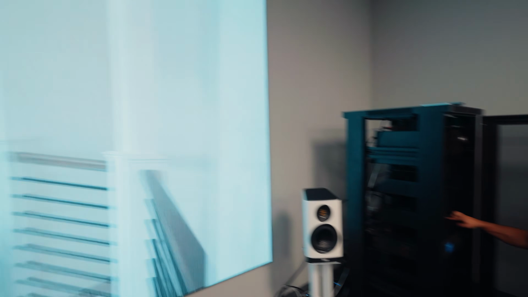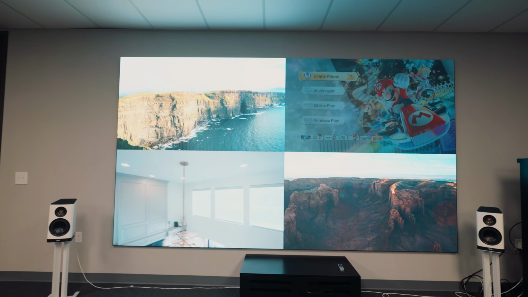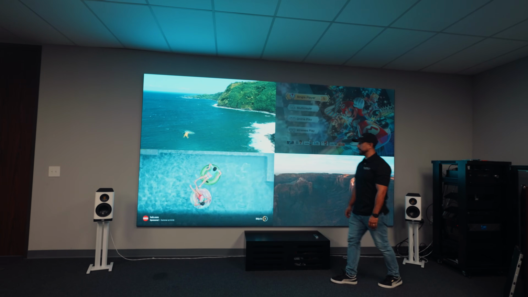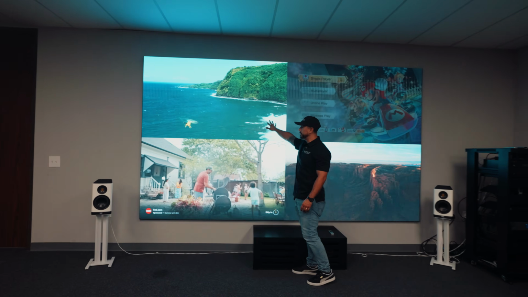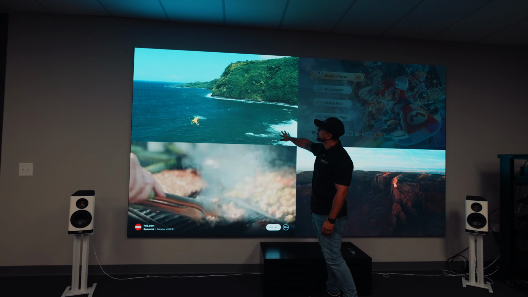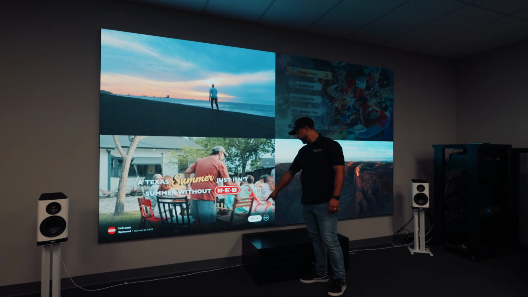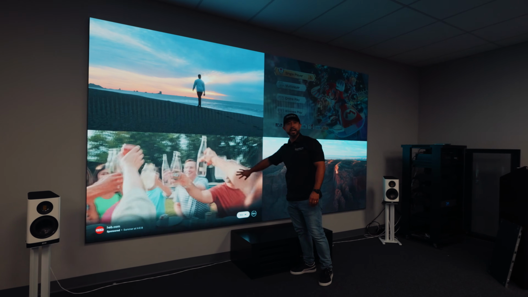If I go here and I set up this 2x2, with the one press of a button, it gave us 4 different displays. One, we have an Apple TV showing beautiful nature. We have another Apple TV showing our Empire channel and making us some money because we have ads as we